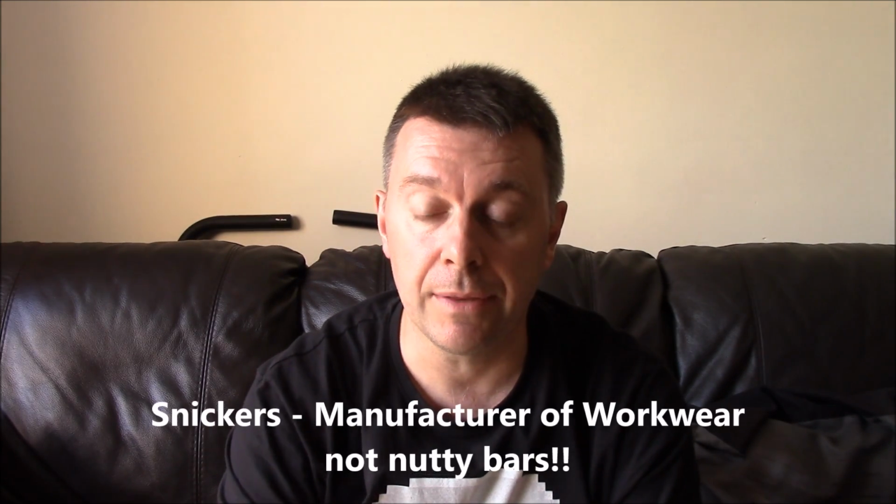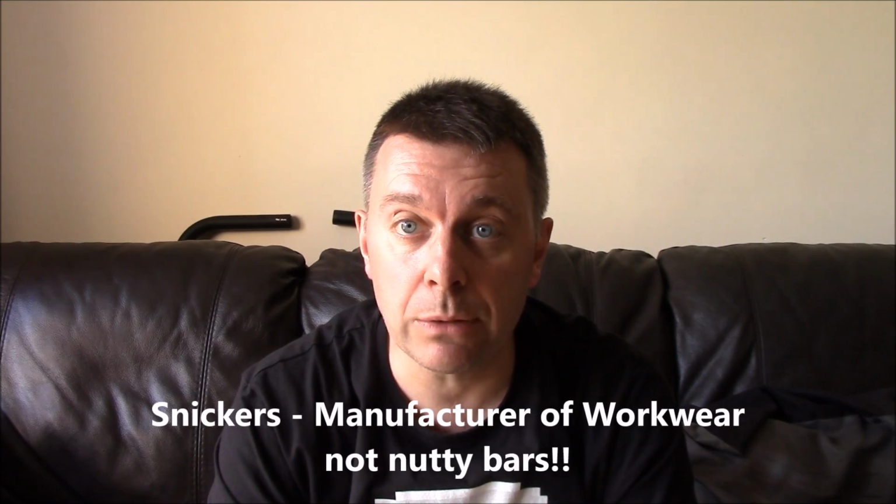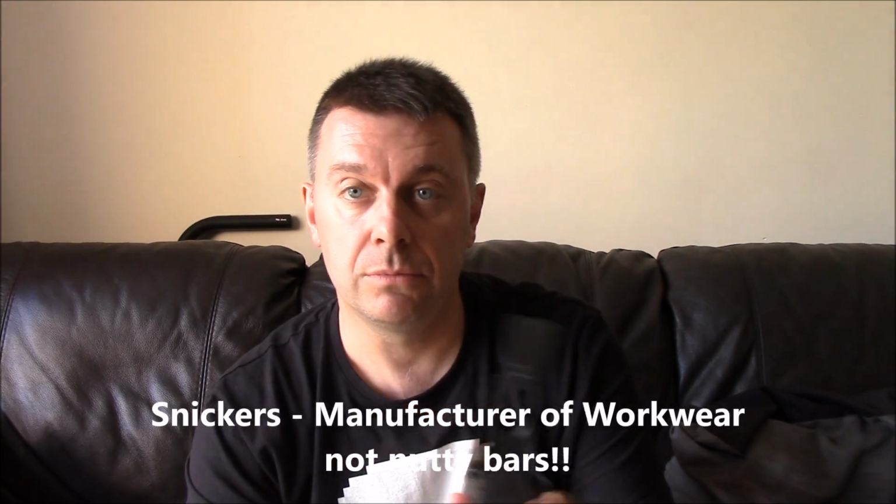So I actually thought that this new belt loop that they've come up with might, because it's just a piece of elastic just there, actually cause the scabbard to come through. But what they've actually done is they've put a button on the belt loop there, and it's the same kind of button that you can find on the Snickers workwear and a lot of the Scandinavian sort of forest trousers that have a slot built into the leg of the trouser and a button above it. So things like this can just slot straight in and hold in place,